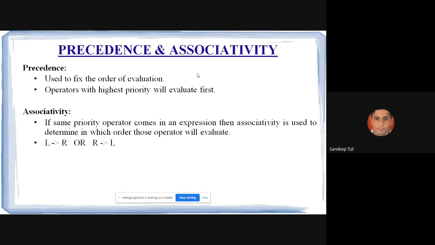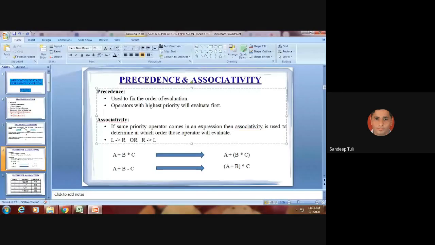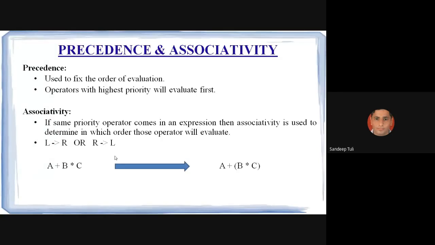Okay. Like suppose 5 plus 3 multiply 2 आपको दिया हुआ है. So what you will do? Like in the below example, you can see a plus b multiply c if you have been given. So what does it mean? How it will be evaluated? First क्या evaluate होगा? Plus or multiply? Multiplication operator. Multiply. That is what the precedence means. Is it okay now? Precedence is there to identify the priority of the operators which is being evaluated first. Okay, so what we will do, we will evaluate b into c, then the result will be added to a.